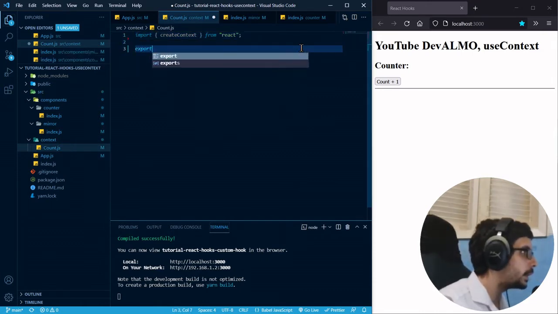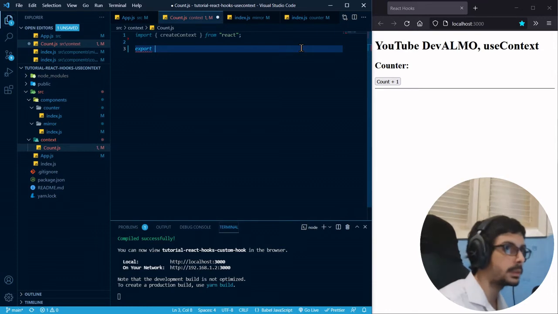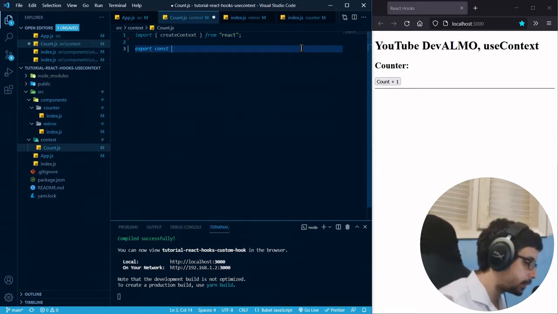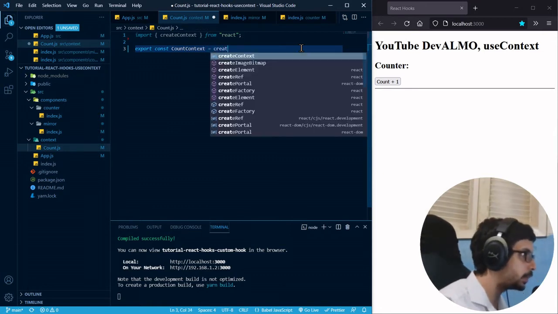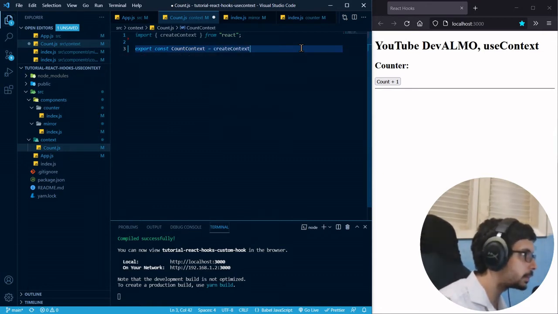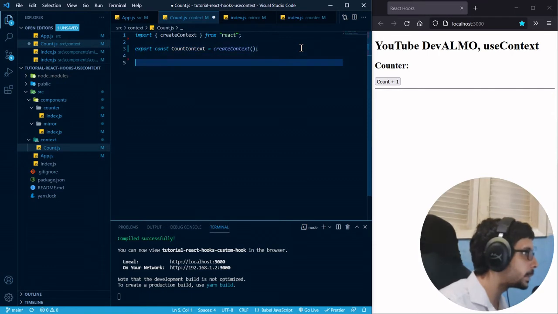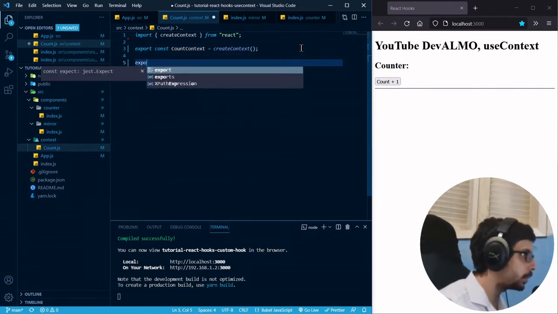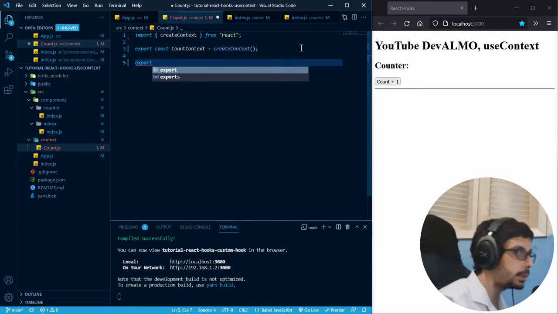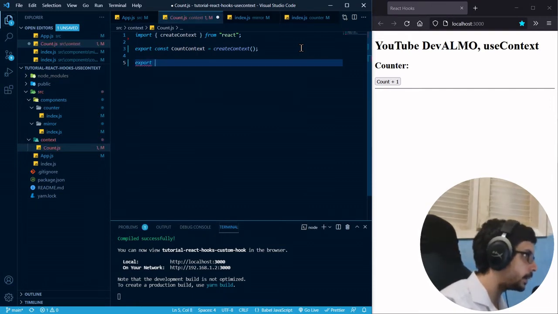Now we are gonna export const CountContext. This will be equal to createContext. It will receive no value for now, and we will also export as default